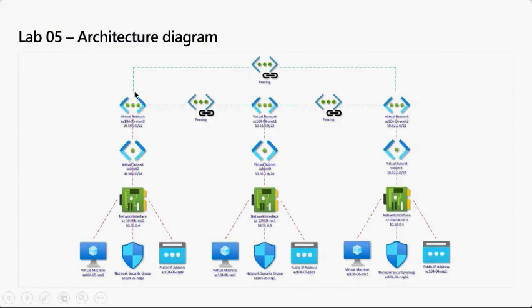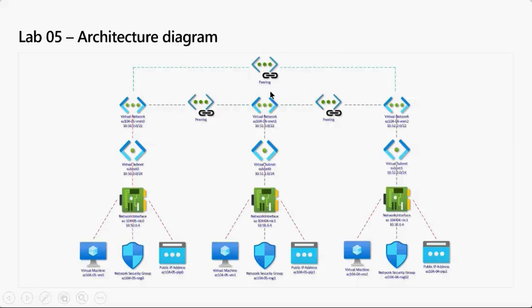After creating these 3 VNets, I'm going to create a VM in each VNet, so 3 VNets with 3 virtual machines. And this virtual machine will be able to talk to this VM, and this virtual machine can talk to this VM. Ultimately, I am going to peer them like this. VNet 1 can talk to VNet 2, VNet 1 can talk to VNet 3, VNet 3 can talk to VNet 1, VNet 3 can talk to VNet 2, VNet 2 can talk to VNet 3, and VNet 2 can talk to VNet 1.